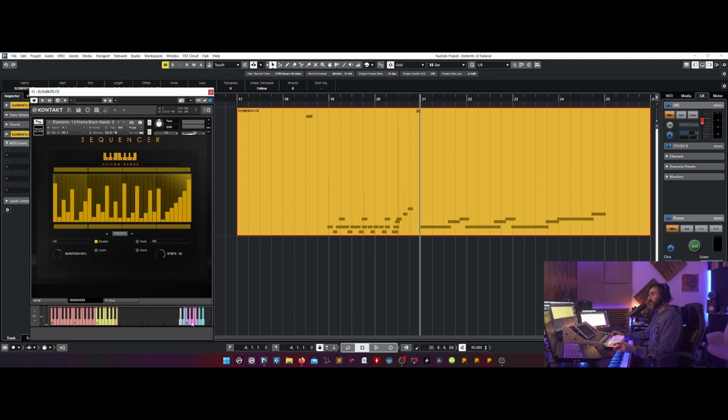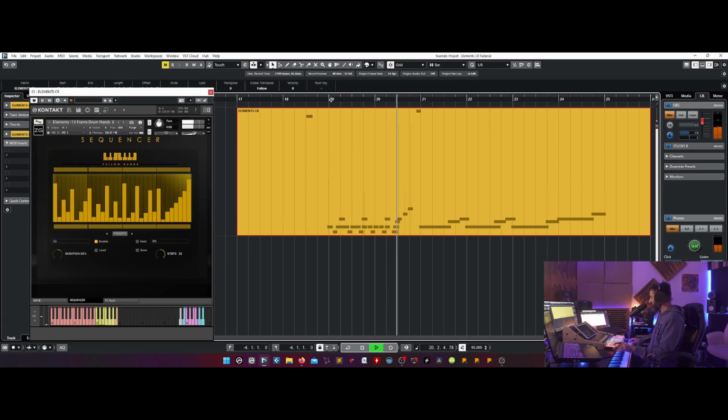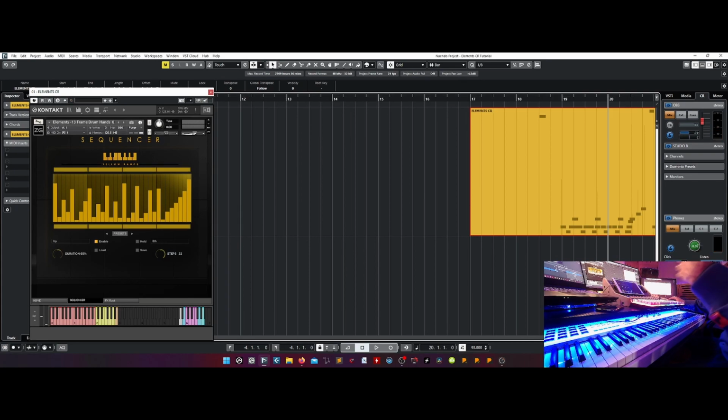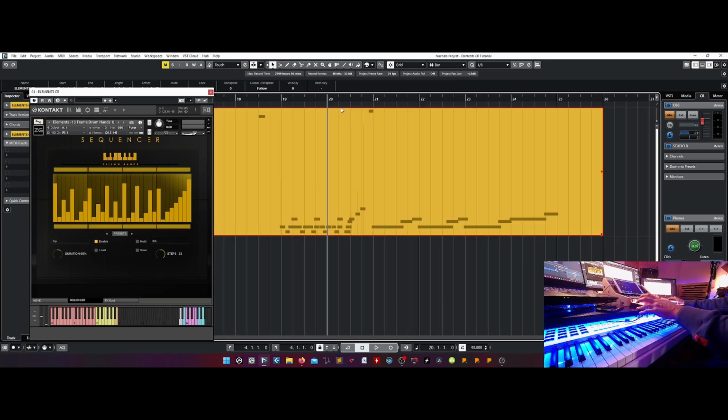And with the second purple color, you will select this one, and so on. So let me try. So this way I can create a complex performance, you know?